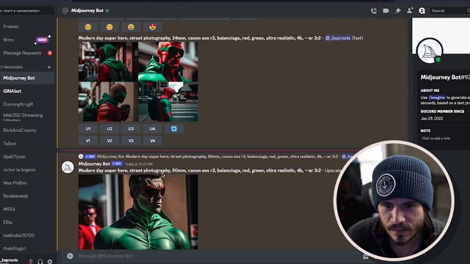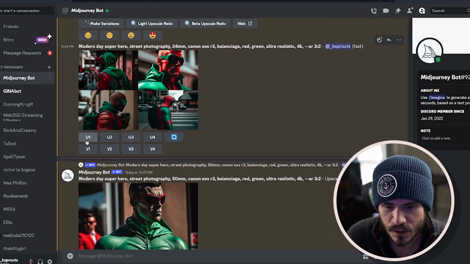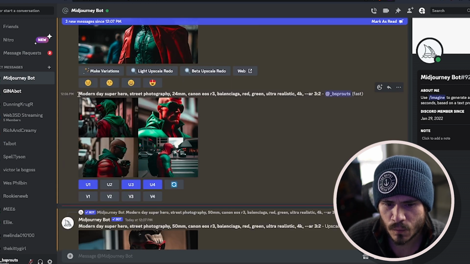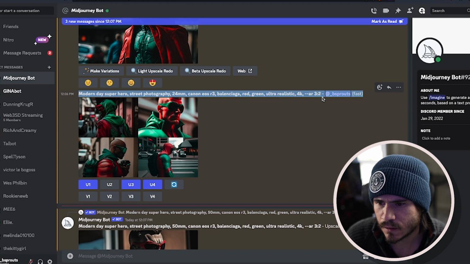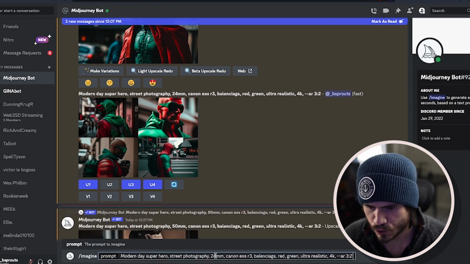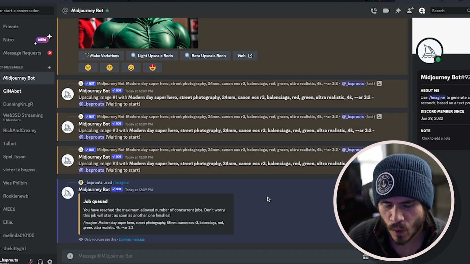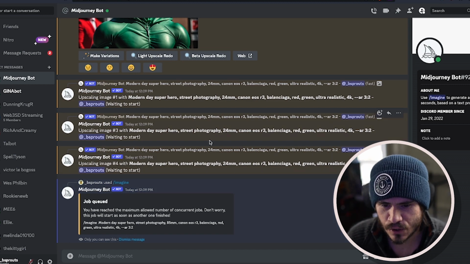I also want to save a couple of these. I mean, these are all freaking cool too. I probably won't want number 2, so we'll go 1, 3, and 4. Then we'll try one more. We're going to copy everything and try this in 85 millimeter. And while we're doing that, because this is going to take forever,